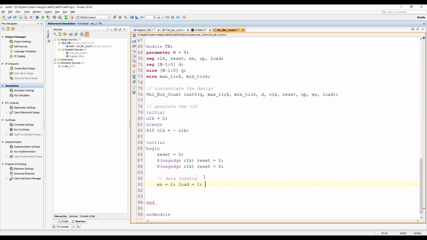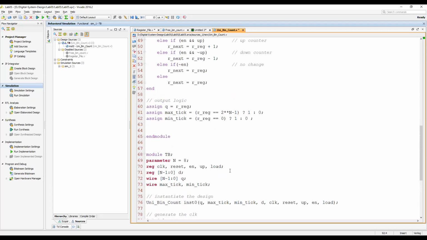So they both are 1, and then you need some data to be loaded. What is the data? D is equal to, let's say I want to start from 50. I want to start my counter from 50. When the counter starts from 50, you need some specific clock cycles.